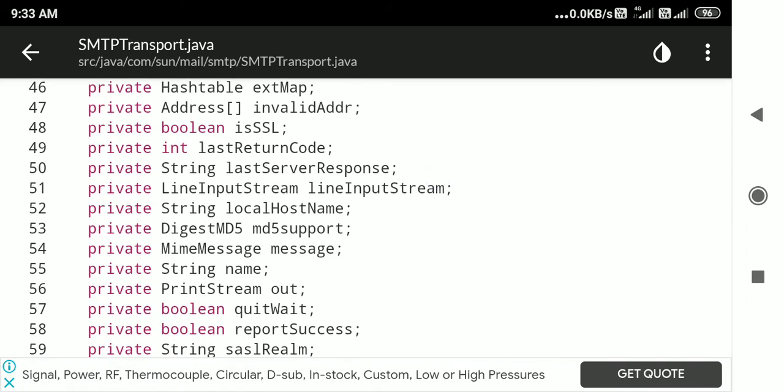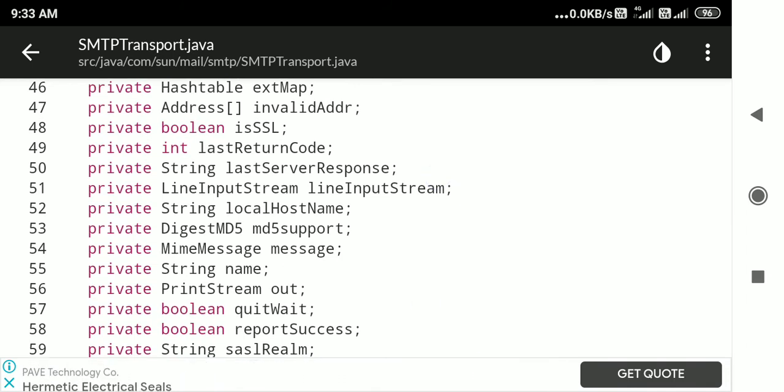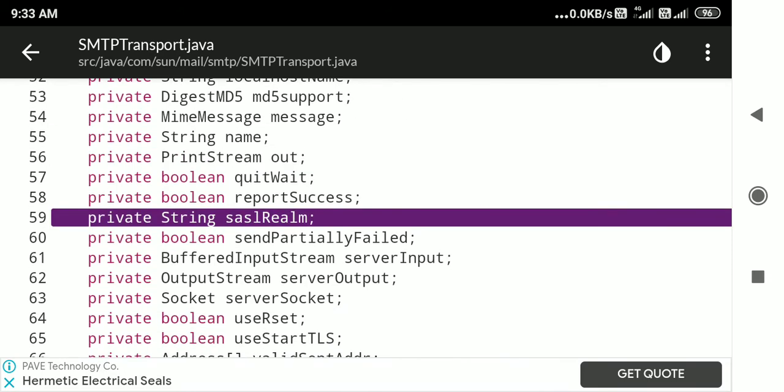Then you have digest MD5 support. Then string name, then string out.